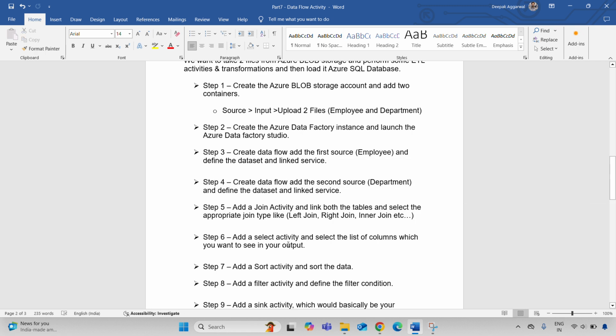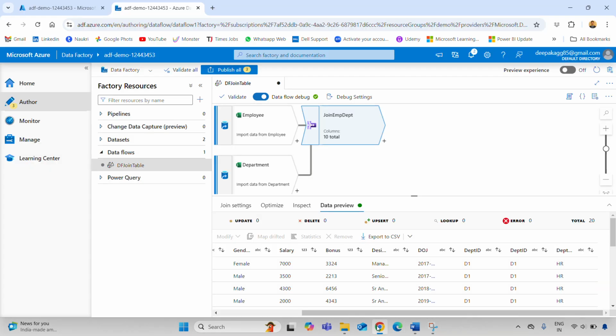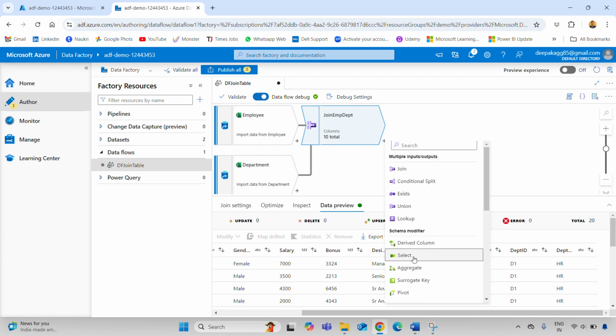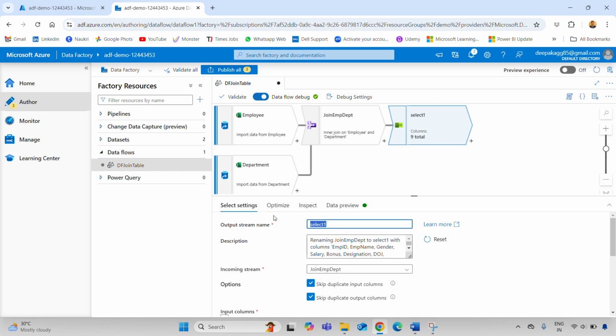Now let's say we want to perform a select activity. As you can see, we have two department ID columns. We don't want that in our output, right? So what we will do, we will perform a select activity. So we will say selected columns,